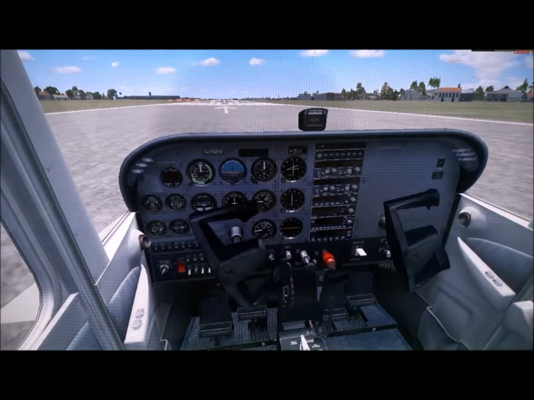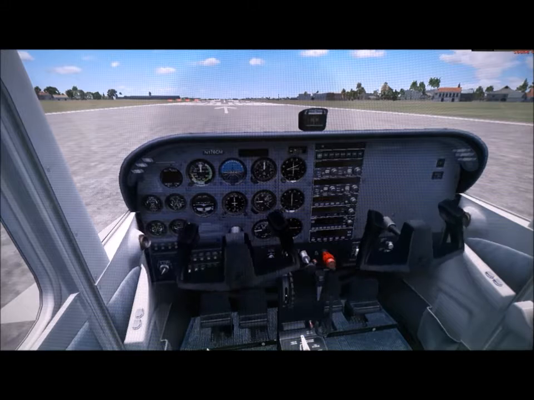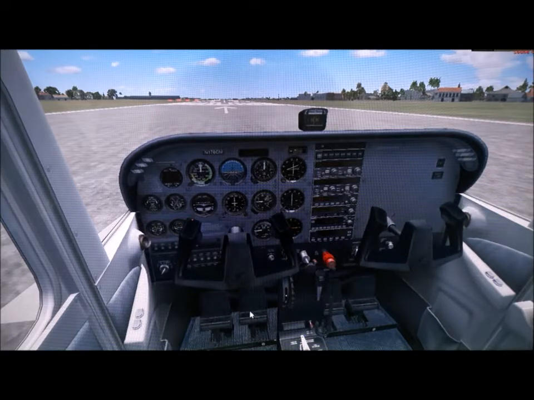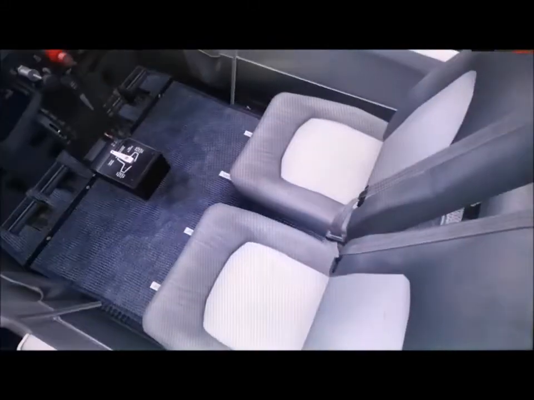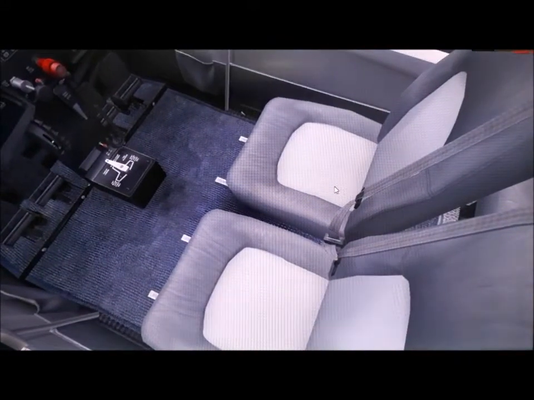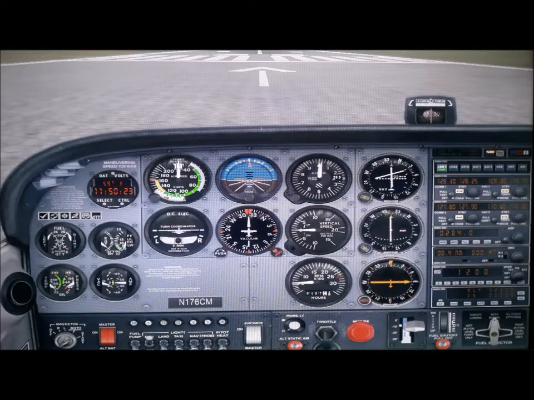This is how you roll the plane to the right. This is how you roll the plane to the left. These two are the rudder pedals, which control the yaw motion. All this we have taken a quick look already. The highlights here.